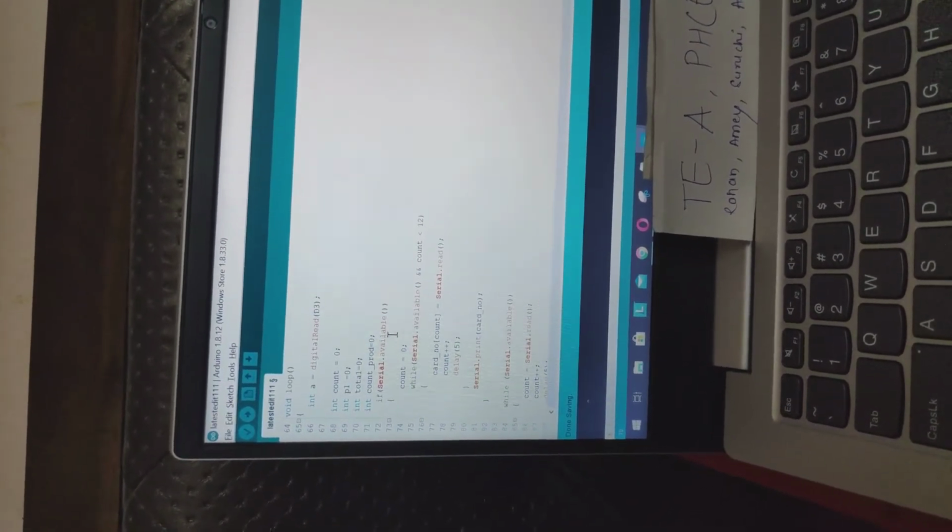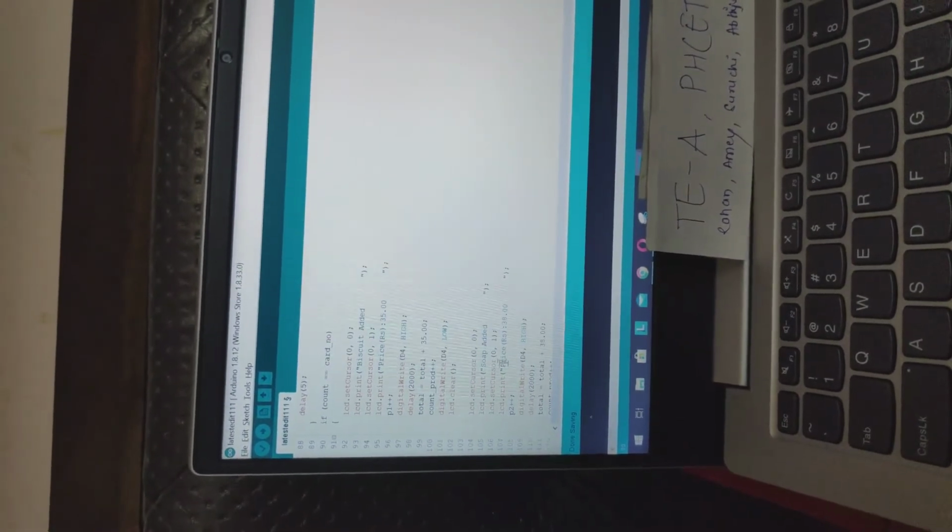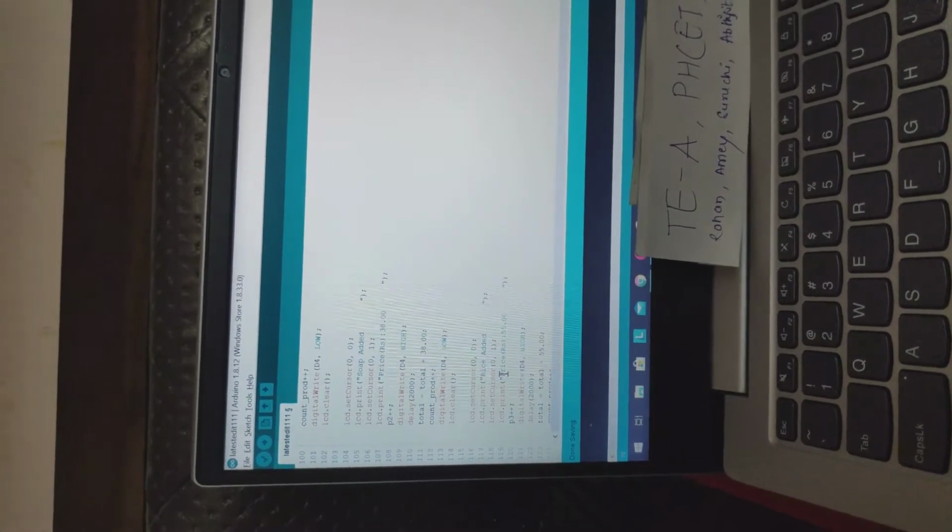In the loop, count P1 is the product, and total is the total summary, that is the bill generated. Serial.available is the 12-digit unique code. Now, when we scan our RFID card near the RFID module, the product detail gets updated, such as biscuit added, soap added, rice added, tea added, and so on.